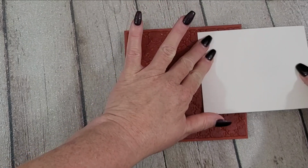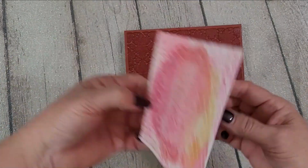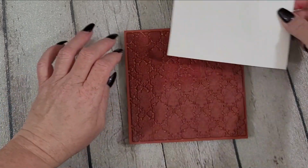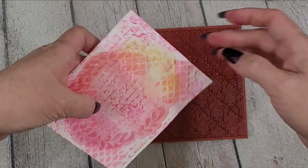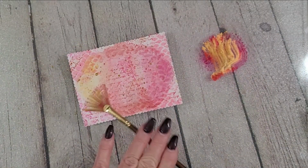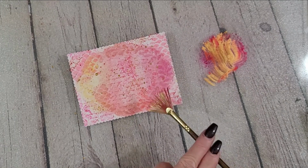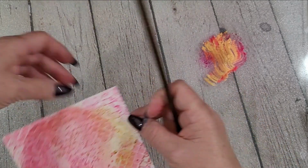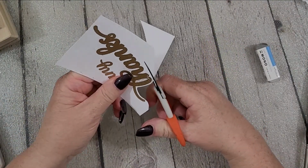And doing just the same kind of technique, putting it down here and there, kind of willy-nilly, filling in gaps as I feel they need to be filled, and making sure I get different parts of the stamp as well. So it's coming out nice and grungy, and here I've got some of the ink that I used. It's a Pink Fresh Studio ink, as well as some of those beautiful starry colors by Kuretake, and I just mixed them and made my own little blend there to do the,